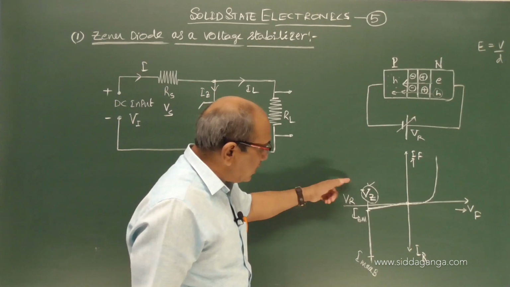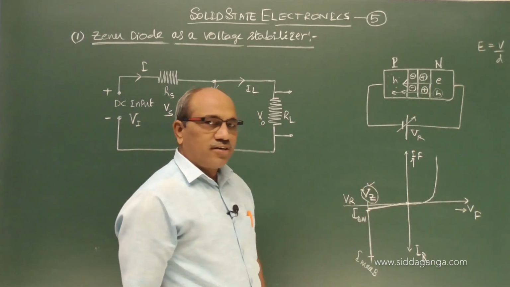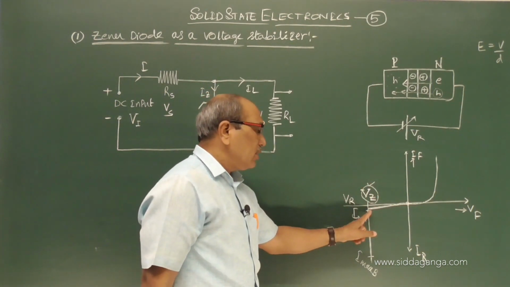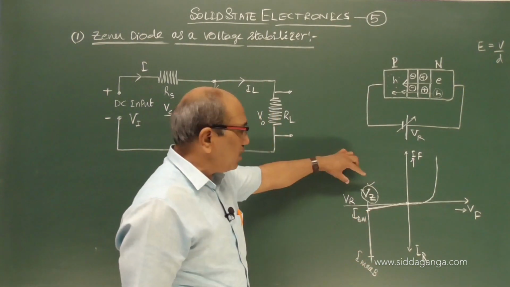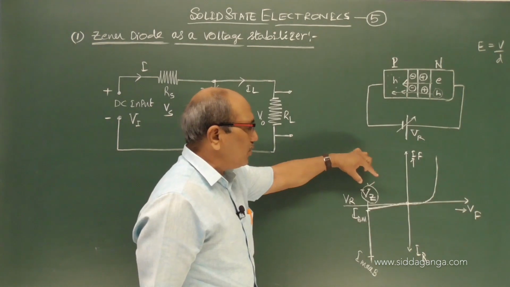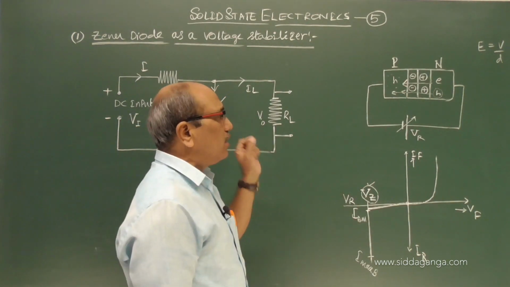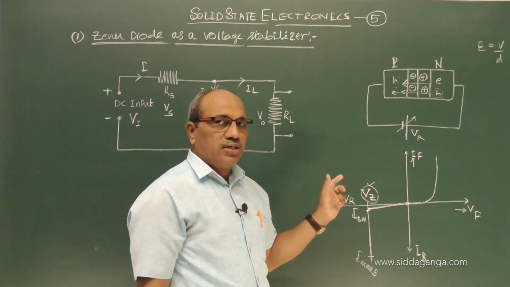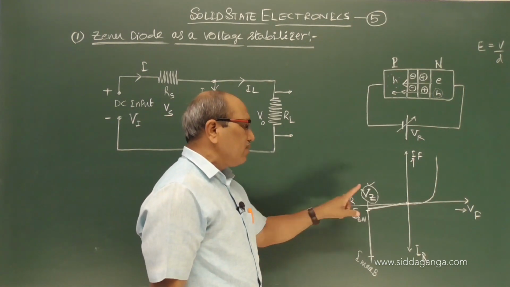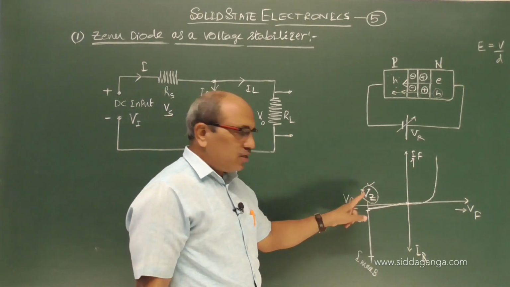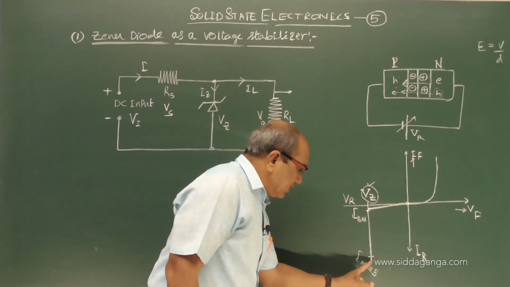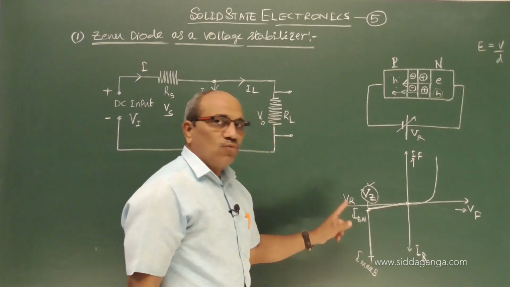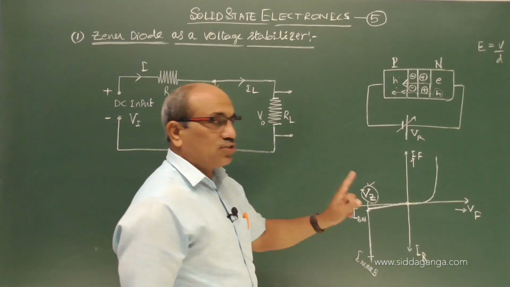If you send less than this value, almost no current at all. It cannot conduct. It conducts heavily between this range of current at a particular voltage called Zener voltage. These two things we have to remember. Under reverse bias, we have to keep the Zener diode specially designed for that. At the Zener voltage, called breakdown voltage, it starts conducting heavily. For any current in this range, it conducts without itself being damaged.